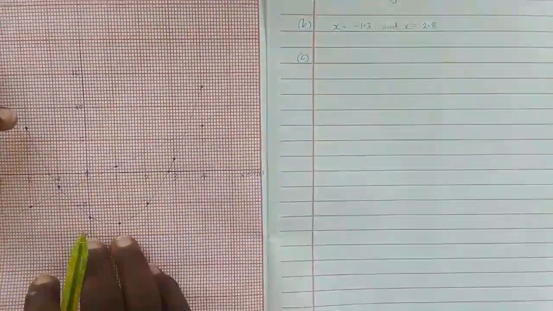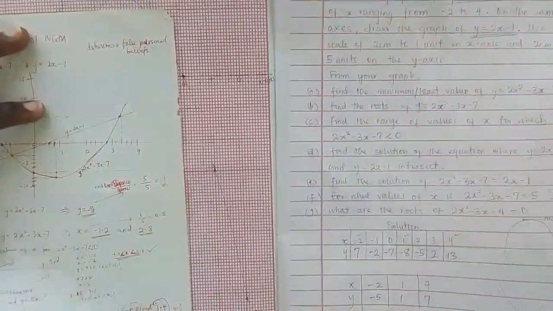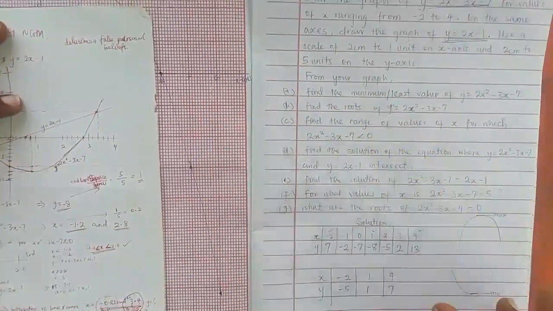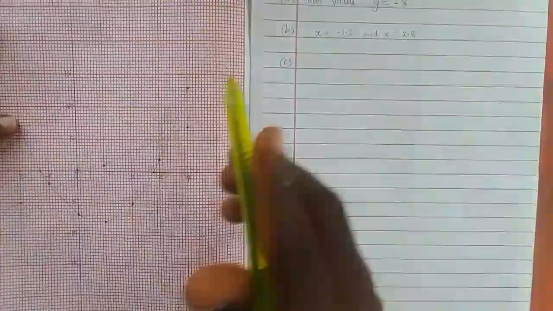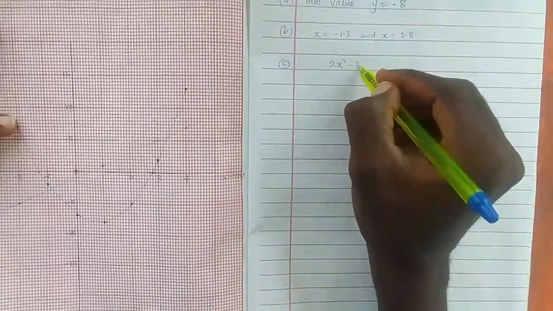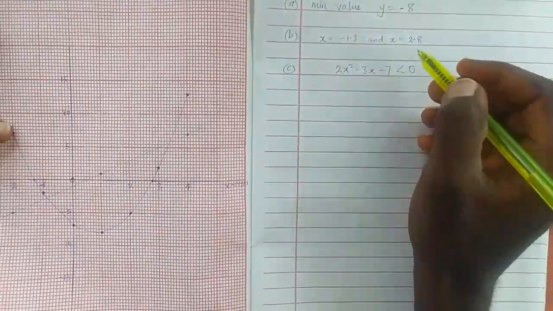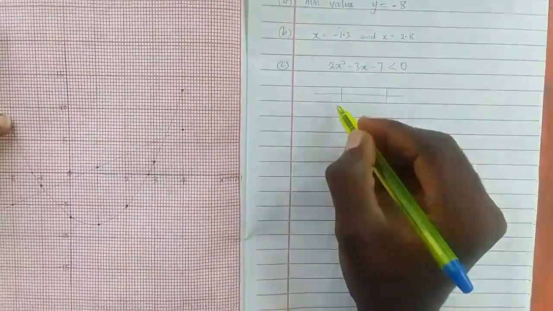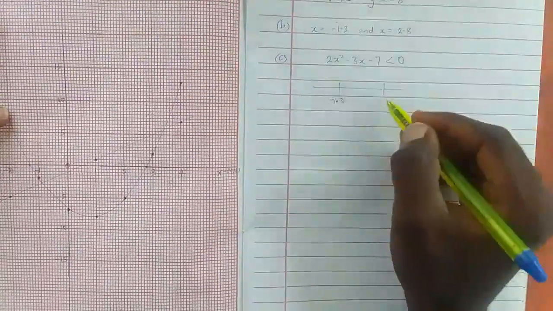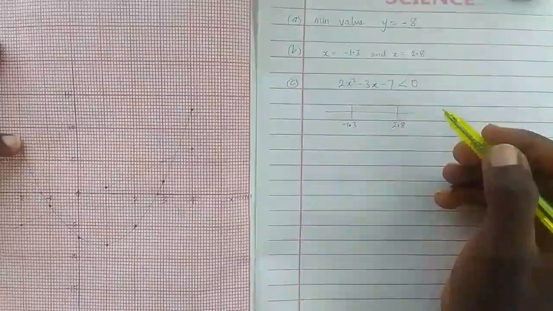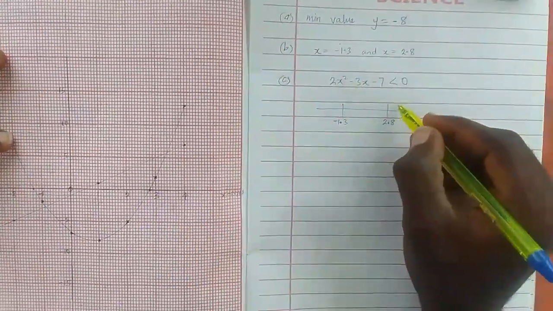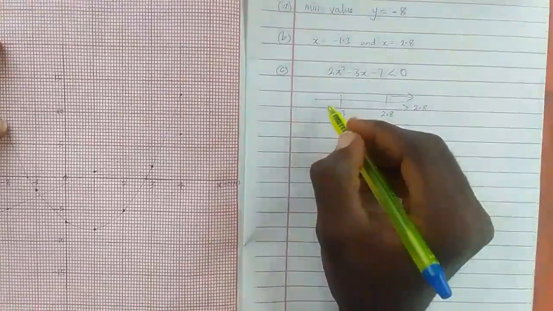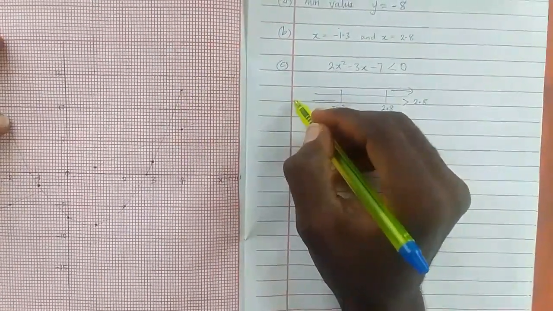Go to question C. Question C says, find the range of values of x for which 2x squared minus 3x minus 7 is less than 0. Don't forget that these are your points. This point here, minus 1.3, and this point here, 2.8. Those are your solutions. For you to get that range, all the values going here, they are all greater than 2.8. All the values here, they are all x values that are less than,